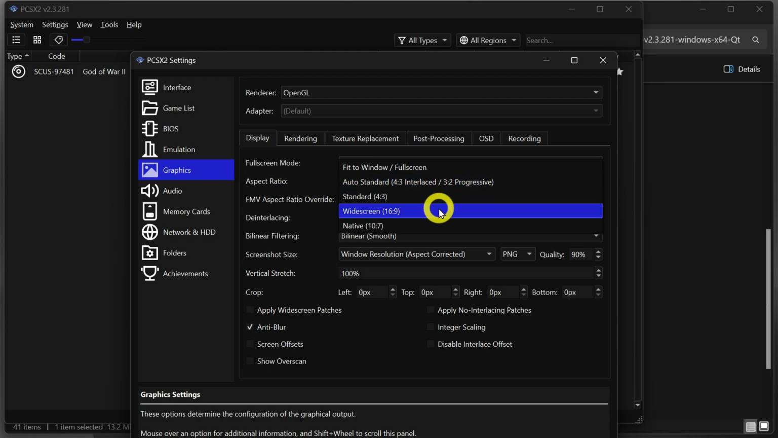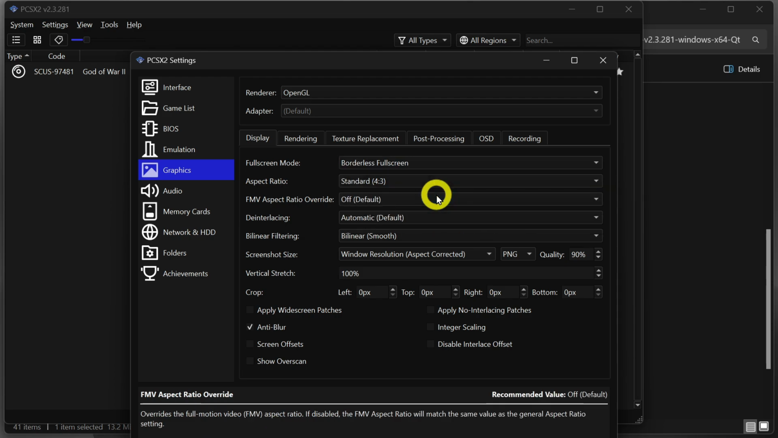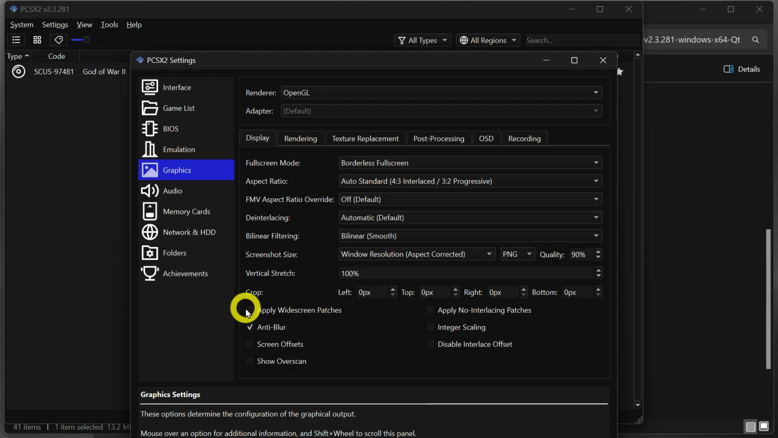So if you go for widescreen, some games are going to look a bit stretched. They may look somehow weird. But some games have patches. I'll talk about the patch. Some games have patches, so I can still have standard if I want. But if I come under here, you can see we have apply widescreen patches. So if I click apply, that means all the games that have patches for widescreen are going to have